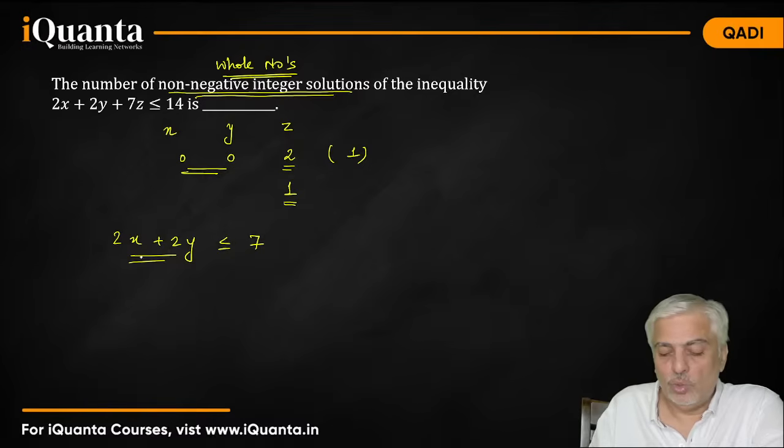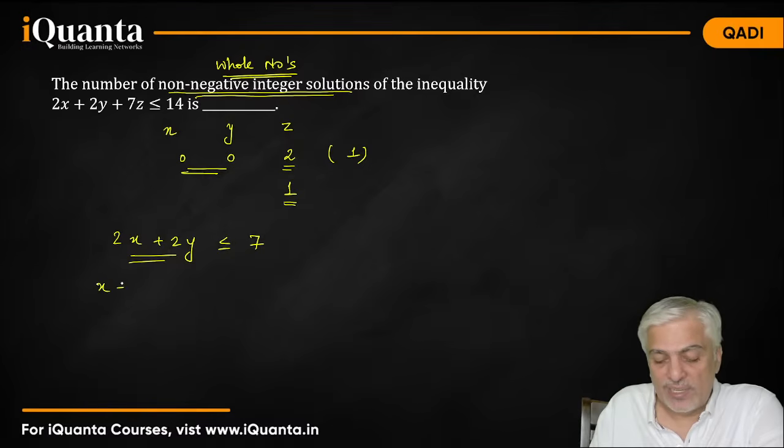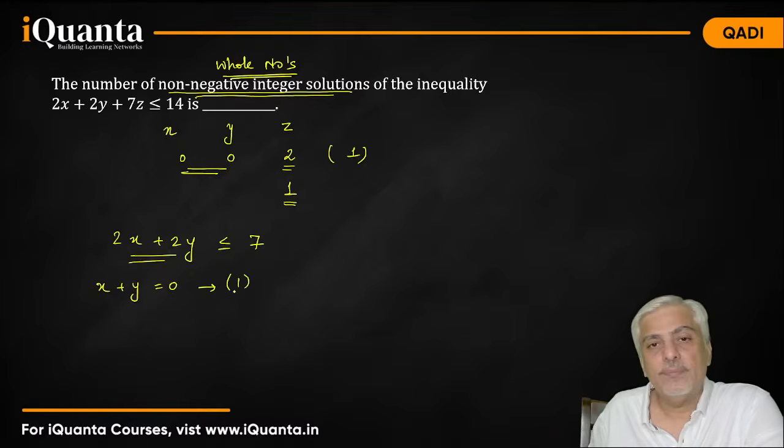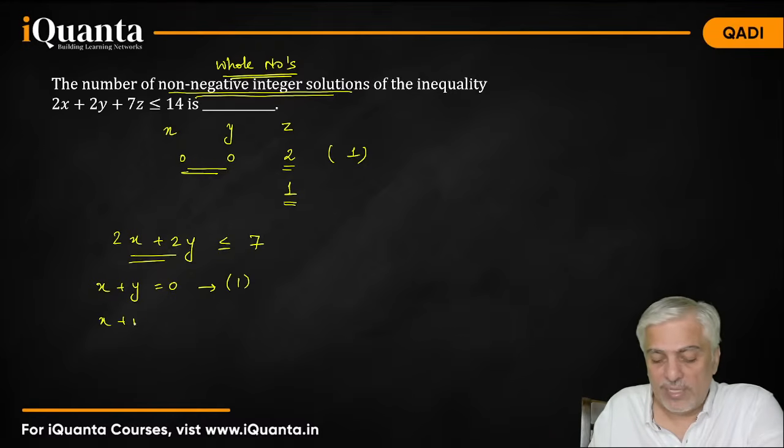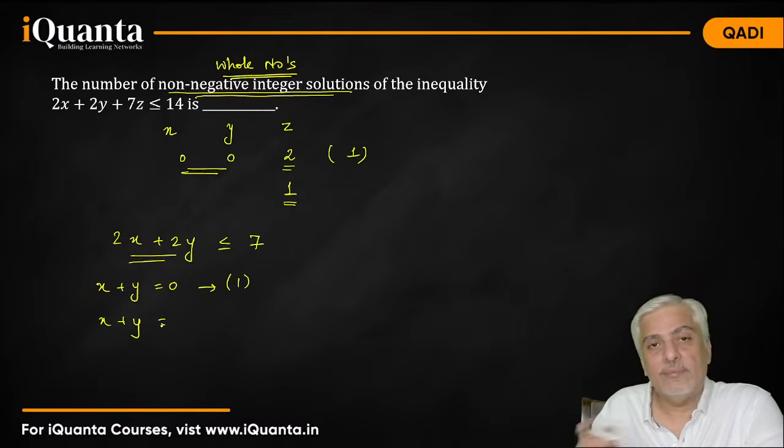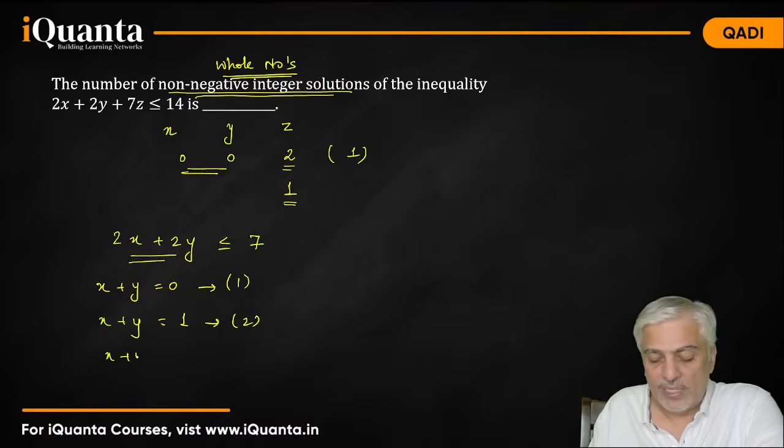So 2x plus 2y is 0. So x plus y is also 0. This will be only one case. When x plus y is 1, this will be two cases, x0, y1, y0, x1. When x plus y is 2,